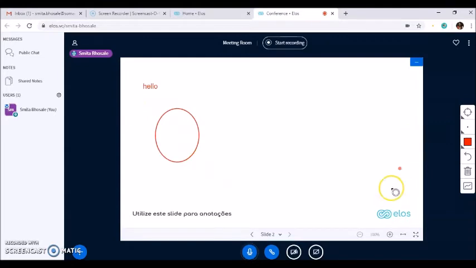So here I am making use of different symbols. If I need to undo, I can click on this icon, and if I need to delete, you can clear your work. So this is how the whiteboard can be used. You need to click on the same icon to turn on or off the whiteboard.